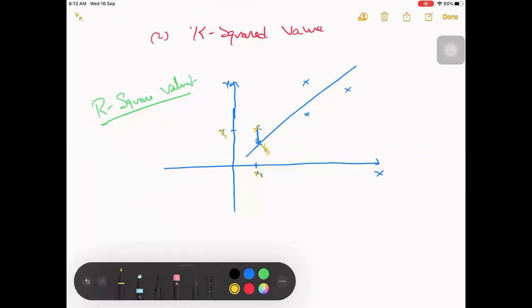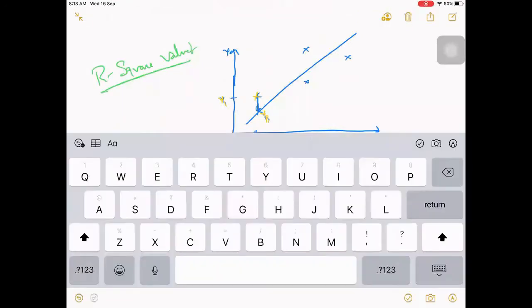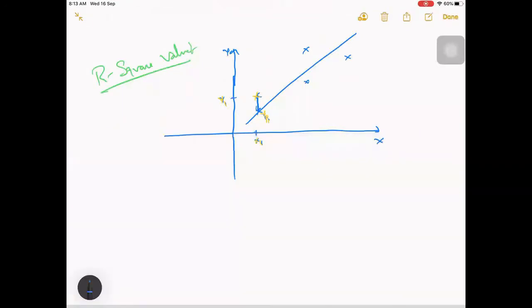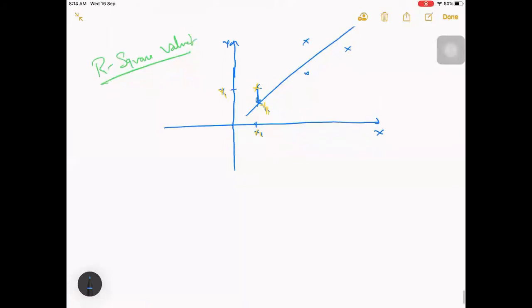So why do we need this? What we did earlier is we calculated the error between those two and squared it, right? Initially we call the difference between those two a residue.